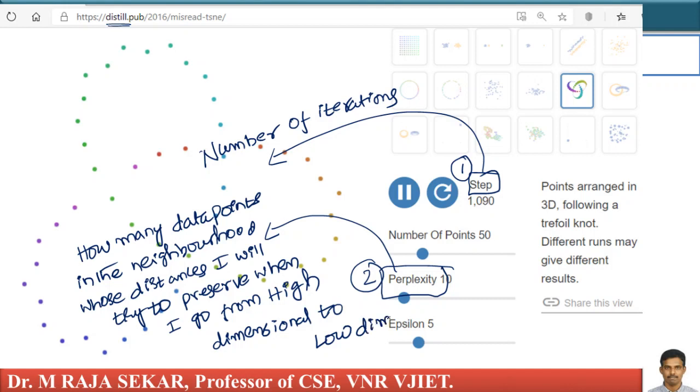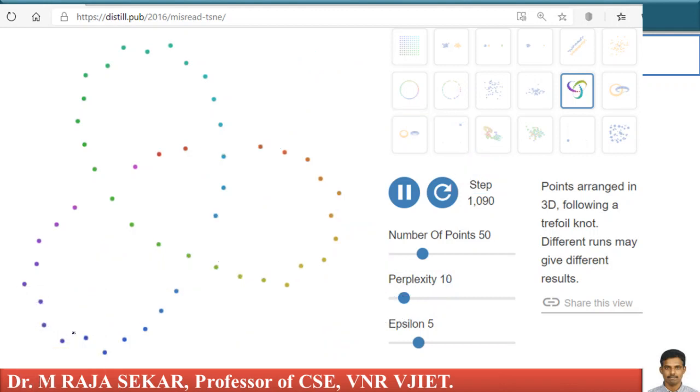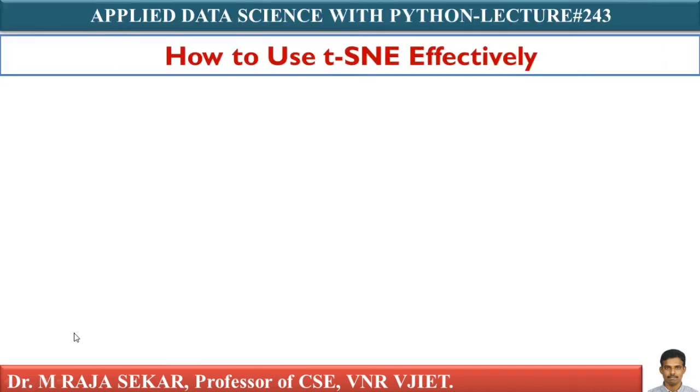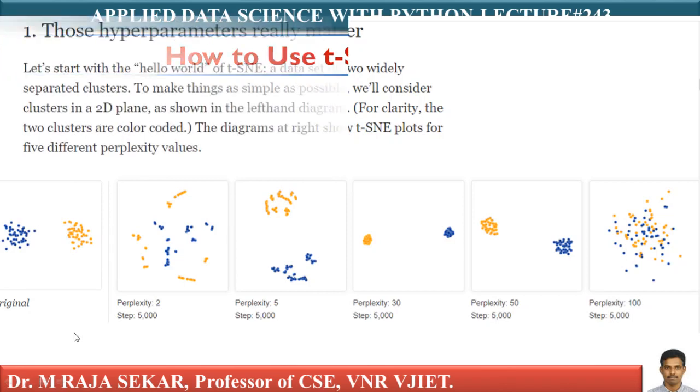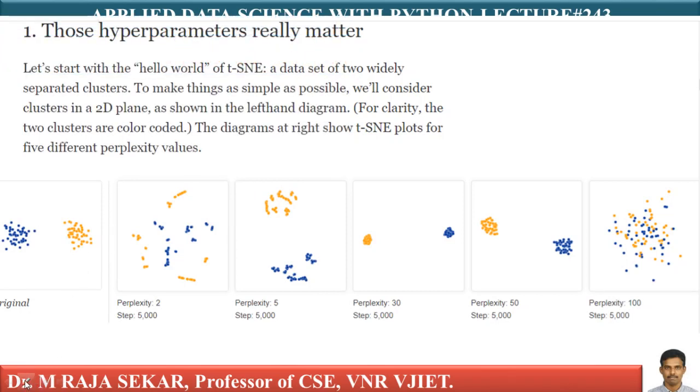Of course, in these lectures we were saying that d dash equal to d, in order to understand the working of the t-SNE algorithm. That's what we were saying. Let me continue my discussion on t-SNE. You can see this page. First let me read this page so that I can explain what he is saying.